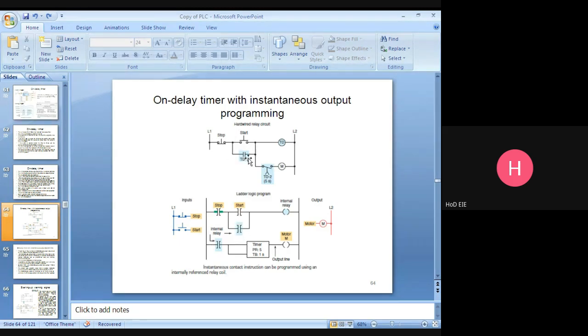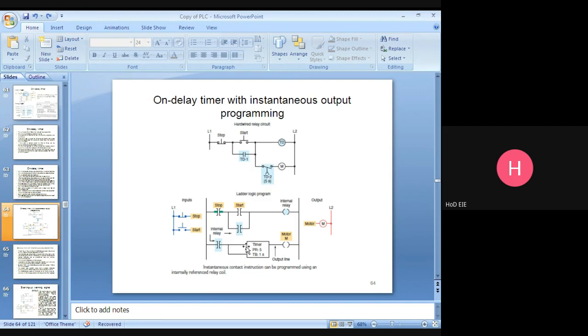Understand? This contact goes like this and comes like this. Instead of this single one, I am writing it in a different way. The internal relay contact will be here and here. I am splitting it, and it will be connected like this.